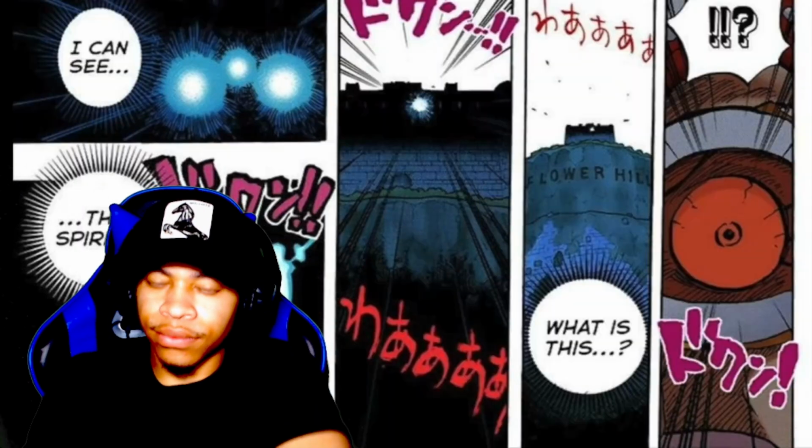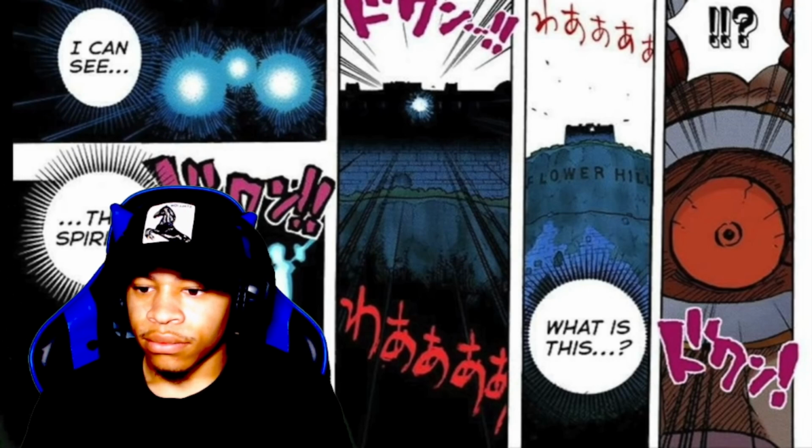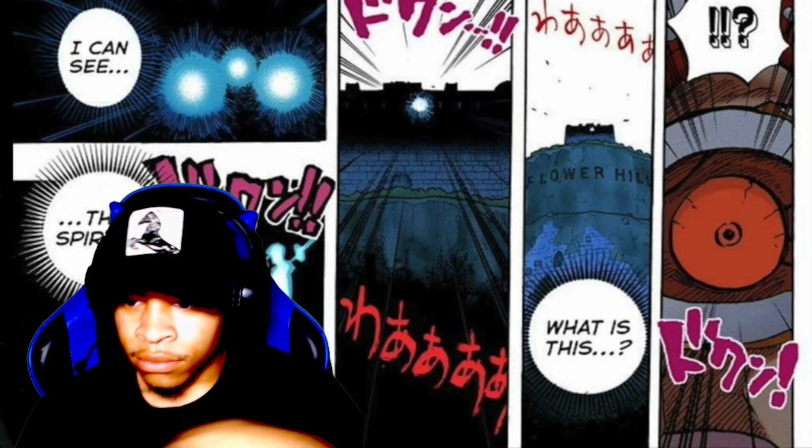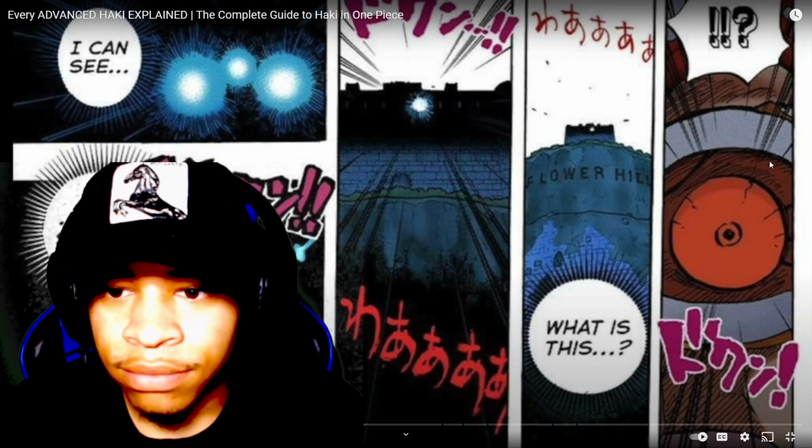It can also be used to see things that are beyond the user's line of sight, such as when Usopp was able to visualize the silhouettes of Luffy, Law, and Sugar from kilometers and kilometers away by